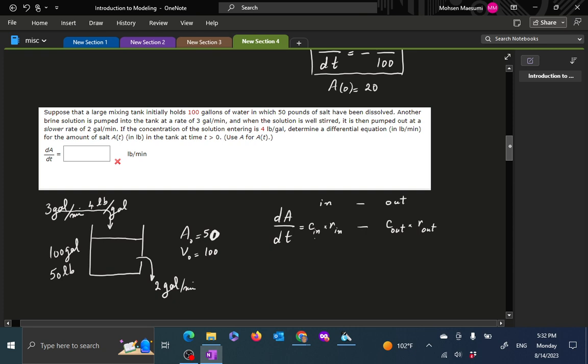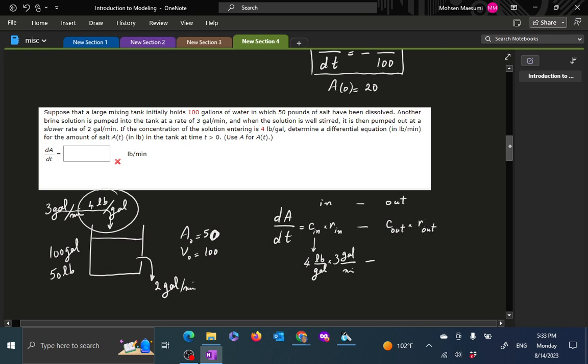Concentration coming in is easy. It's just given straight out, 4 pounds per gallon is coming in. The rate at which it's coming in is also just given to us, a fixed number, 3 gallons per minute. So if you multiply them, you get 12 pounds per minute. 12 pounds per minute is just coming in. It's a lot of salt coming in. Minus